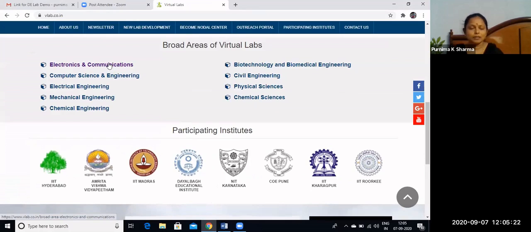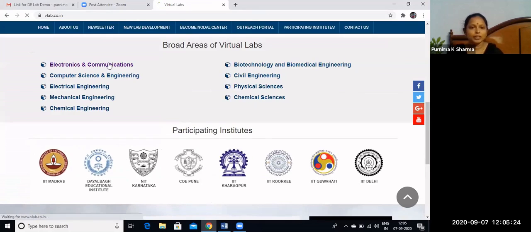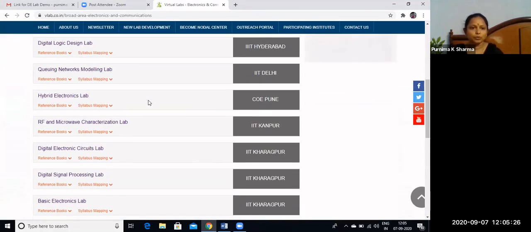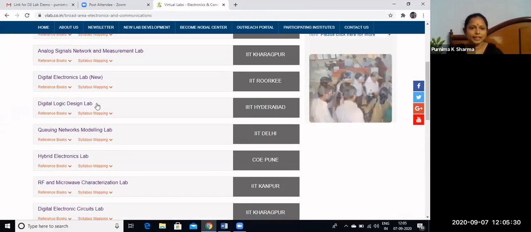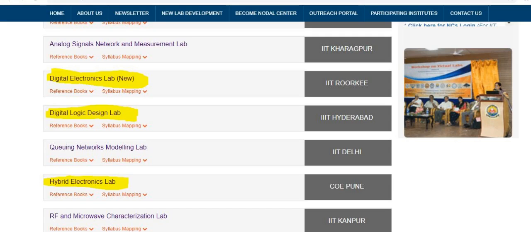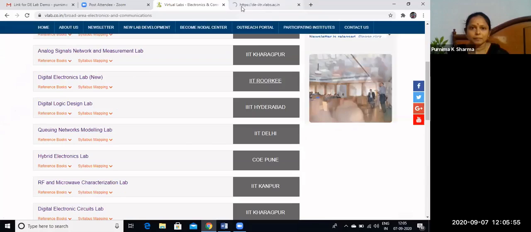Generally, DLab comes under electronics and communication engineering. So we can go for that. Digital logic design lab, or you can go for digital electronics lab. This is under IIT Roorkee. You can directly open this.